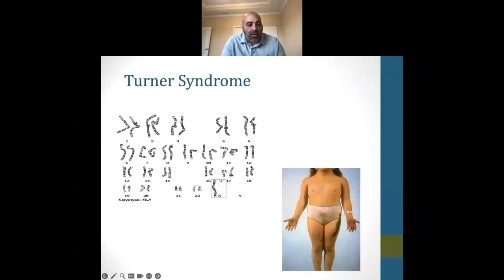Turner's, this is a monosomy. They're missing either the second X or the Y. Okay, they're missing that sex chromosome, so they tend to have a very short neck. They have this lymphedema here, so they call it webbing. The nipples are very widely spaced. They're short, and the ovaries are streak gonads. So back in the day, they didn't know, and the uterus is referred to as a blind pouch, or the vagina is a blind pouch.